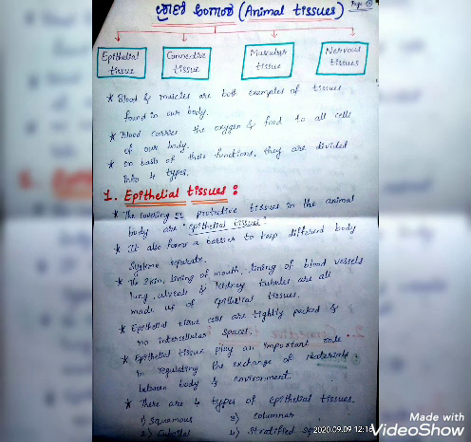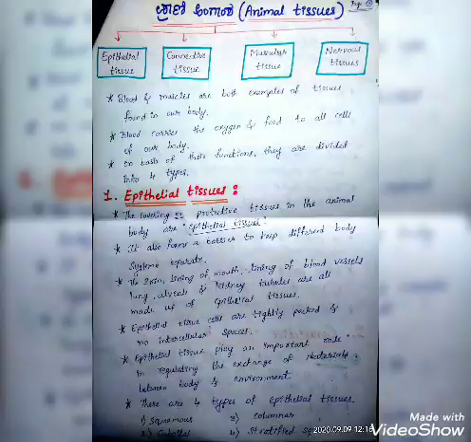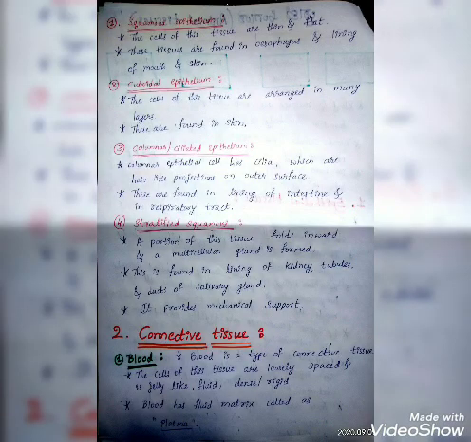There are four types of epithelial tissues. First one is squamous epithelial tissue. Second is cuboidal epithelial tissue. Third is columnar epithelial tissue. And fourth is stratified squamous epithelial tissue. Now, the first epithelial tissue is squamous epithelial tissue. The cells of this tissue are thin and flat. These tissues are found in the esophagus, lining of mouth and skin.